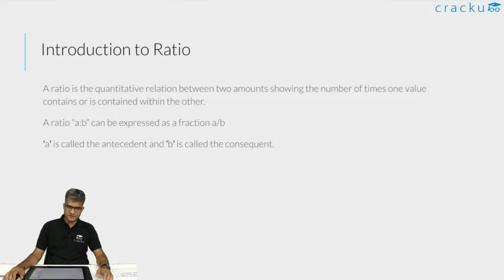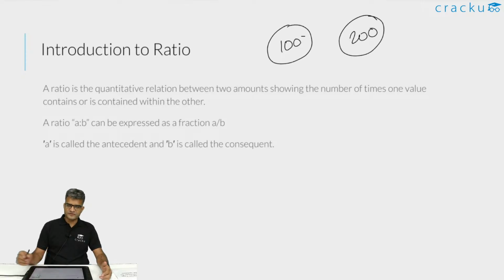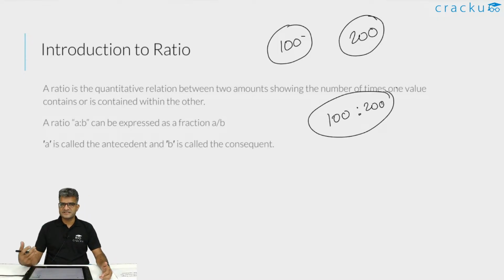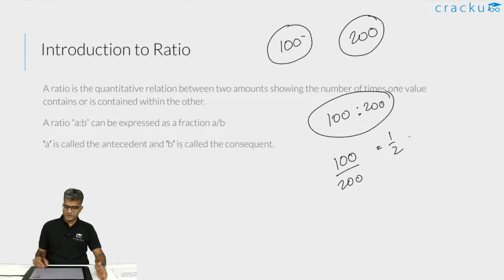So what exactly is ratio? Ratio is basically a way in which you can compare two numbers. Suppose you are saying that in one class there are 100 students. In another class there are 200 students. So what is the ratio of the number of students in both the classes? If somebody asks you that kind of a question, it is 100 is to 200. The only difference is that normally when you are discussing ratios, you try to cancel out anything that is common. So 100 divided by 200 in simplest form is equal to 1 by 2. So this ratio, another way to look at it is 1 divided by the other. So this is basically what is called ratio.